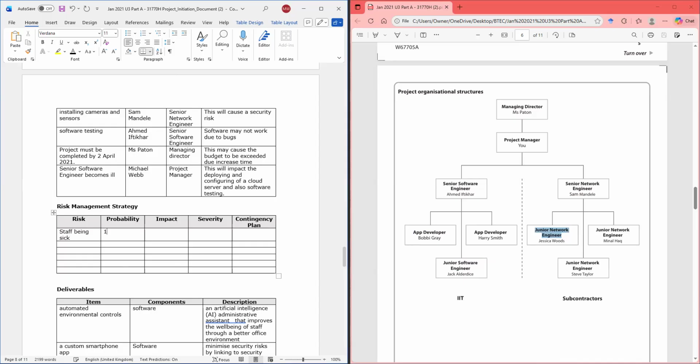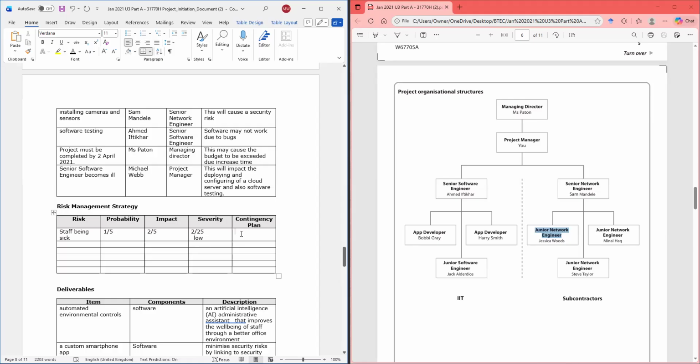What's the probability of that happening? I would give it like a 1/5, right? The impact it may have would be a 2/5. And then the severity would be 1 times 2, which is 2, right? And 5 times 5 is 25. So we would have a low severity.